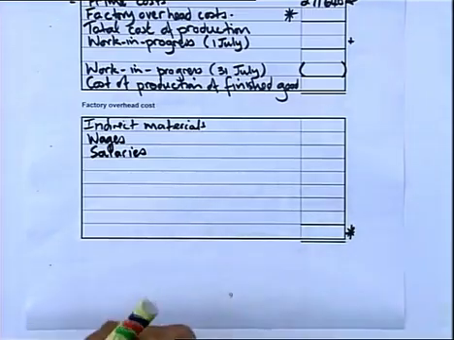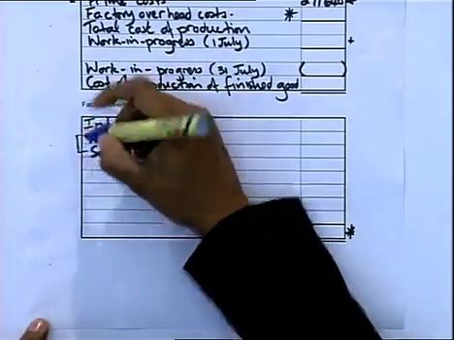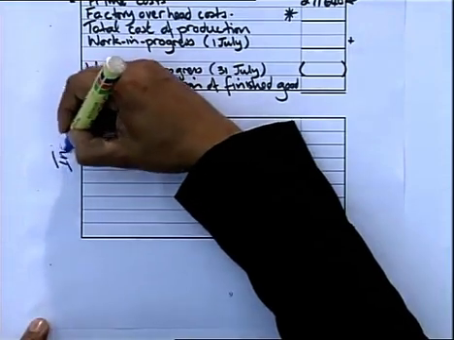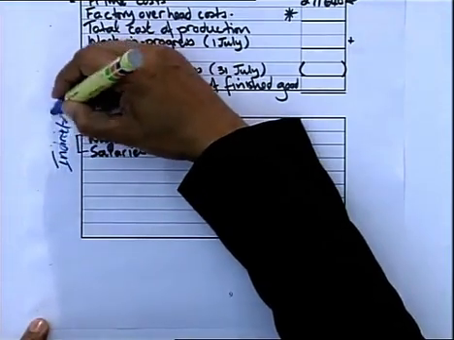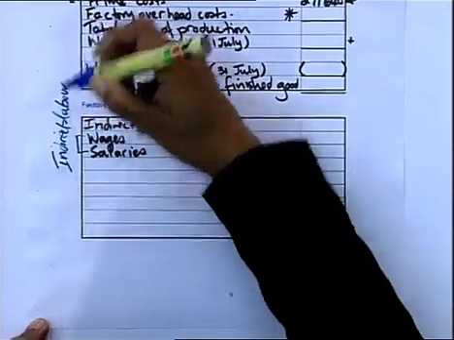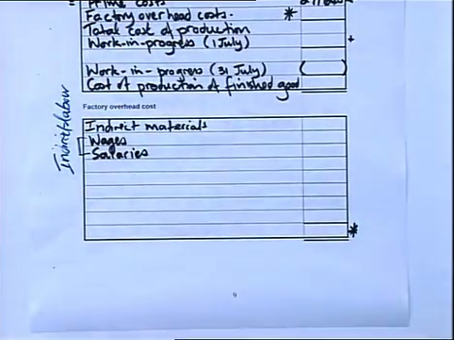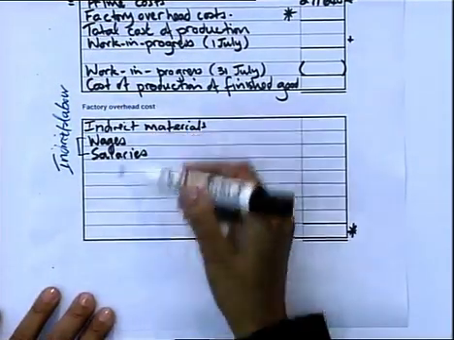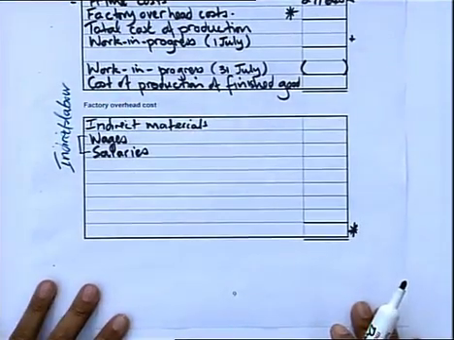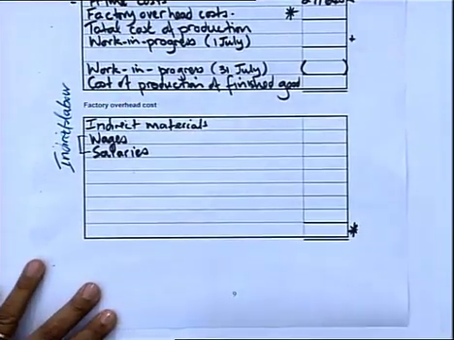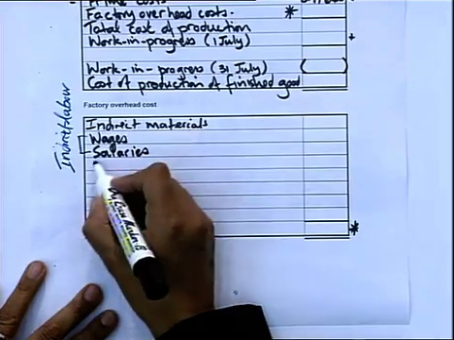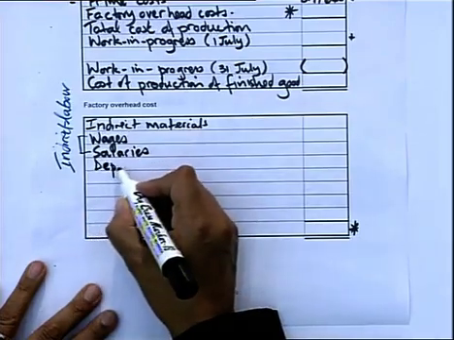Let me just write it here. That there is our indirect labor. Okay, that's our indirect labor component. So remember I said to you, we're going to bring the indirect labor component into factory overhead cost. Then what else can we expect? Okay, we can expect depreciation